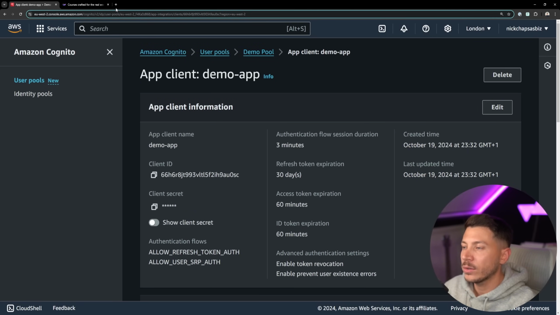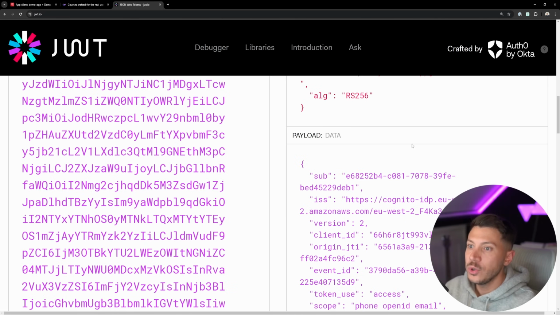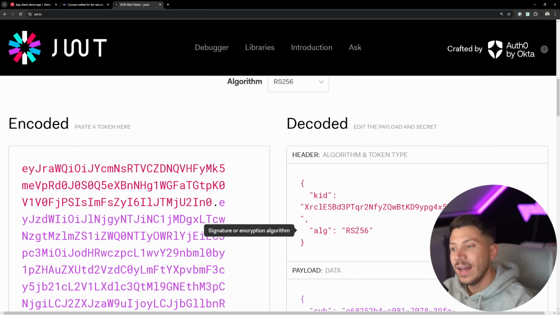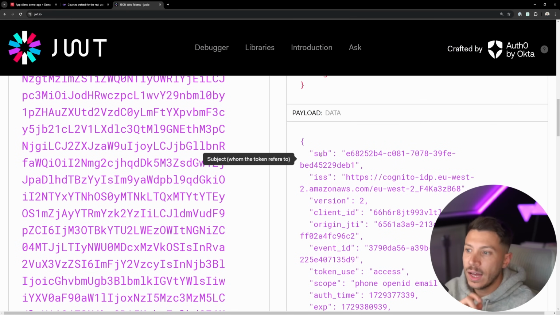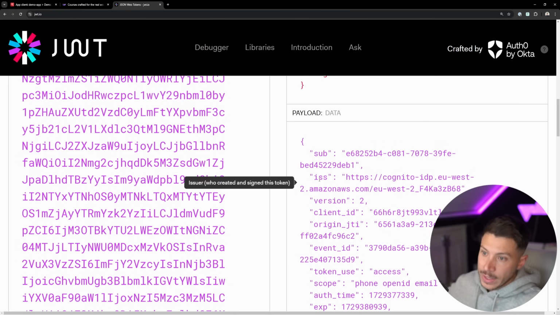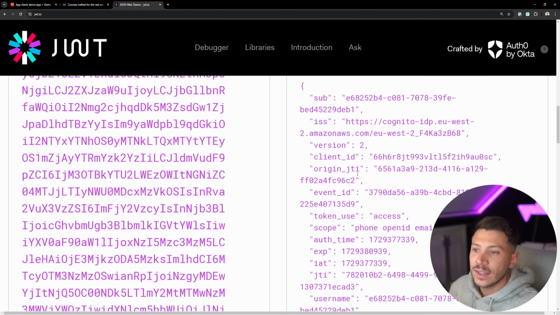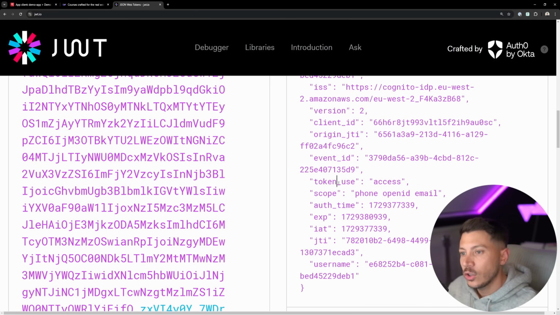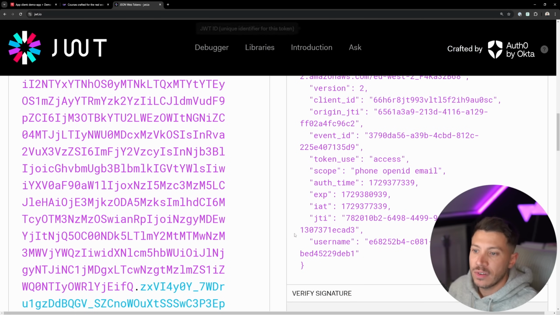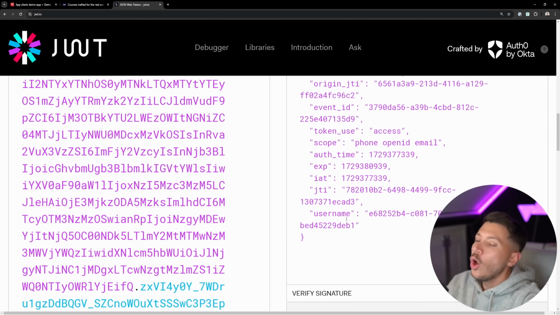So I'm going to go back to JWT.io and I'm going to paste this new token. And we now have an RSA algorithm to validate our signature. And then we have our subject, which is the user ID. We have the issuer, which is, again, Cognito. We have a version, we have a client ID. We have an origin JSON token ID. We have an event ID, token use access. We have scope, so phone, OpenID, and email. We have the auth time, and we have a bunch of other parameters, including the username. All that completely for free out of the box